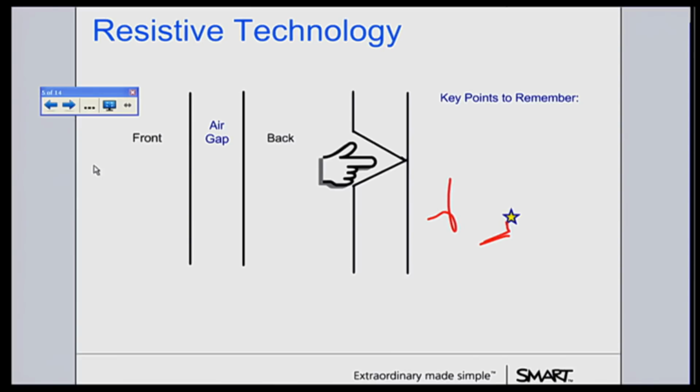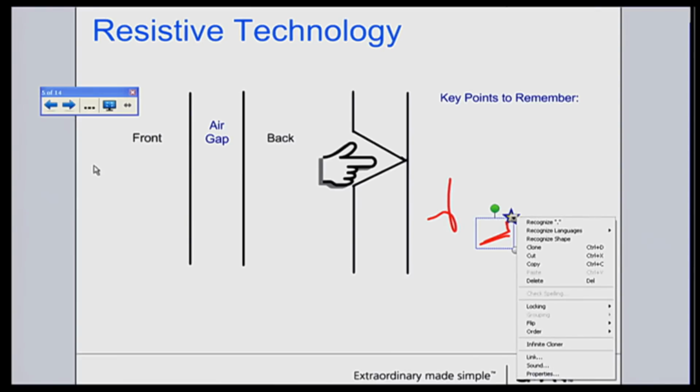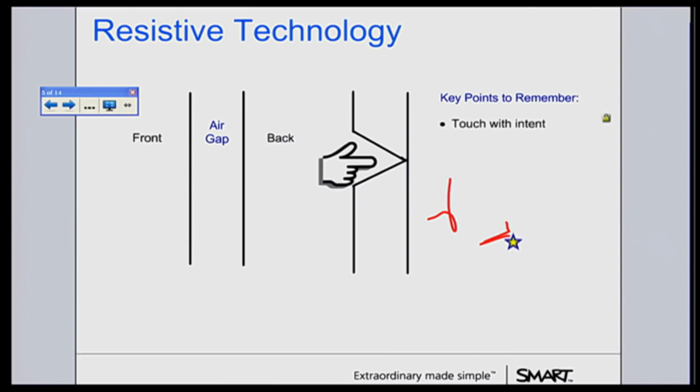So now I can actually hold this down here. Just give me 1 second. And actually show here some little different key points: touch of intent, as I mentioned earlier. Always apply constant pressure, and the smartboard is a durable surface. It's pretty durable. Unless you go out there and scratch it, you can't really damage the board very much. The only thing we don't recommend, though, is to use those